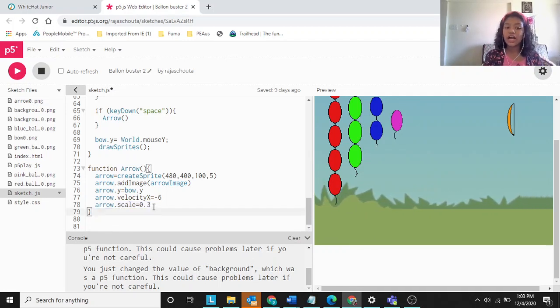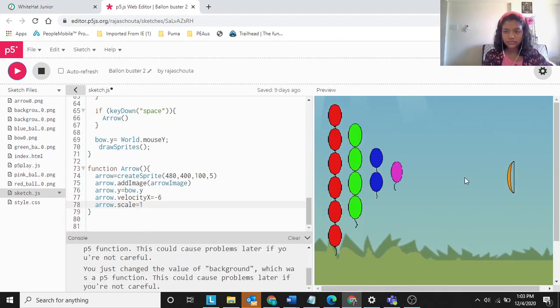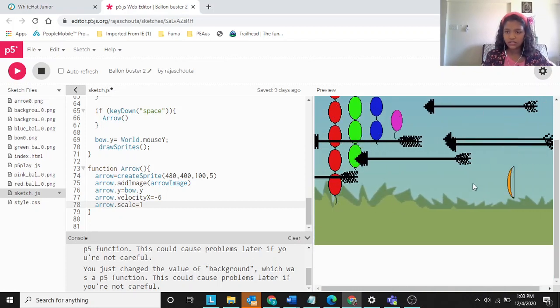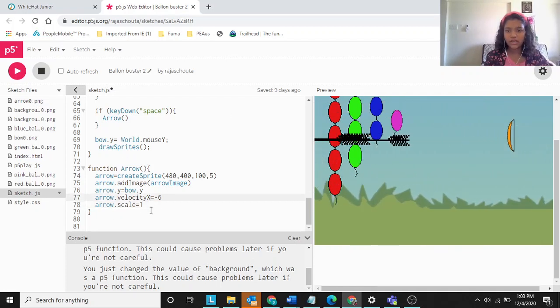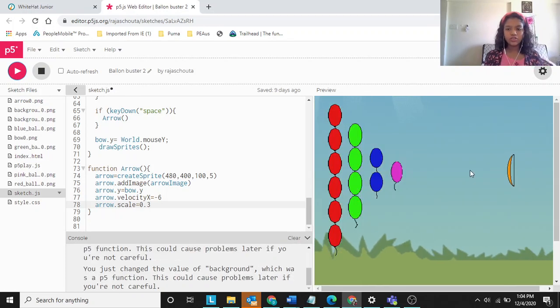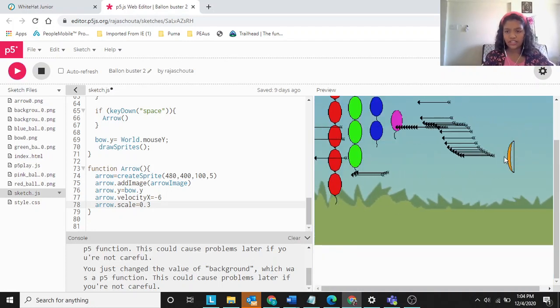Now I think this arrow is too big. See, it's too big. We don't want it that big. Balloons are this much and the arrow is this much. It doesn't make any sense, right? So we have to have it a little smaller. This is a perfect size, I think, right?